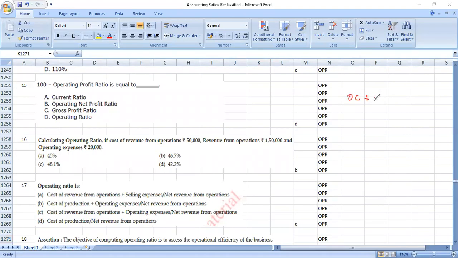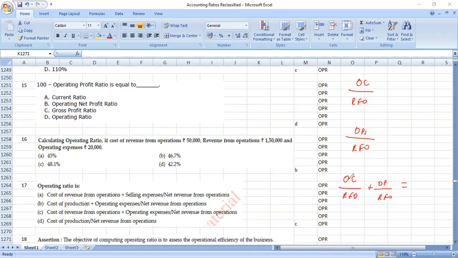Operating cost plus operating profit is equal to, I'll just arrive at it and show you. What is the operating ratio? It is operating cost divided by revenue from operation. What is the operating profit ratio? Operating profit divided by revenue from operation. Operating cost divided by revenue from operation plus operating profit divided by revenue from operation is equal to